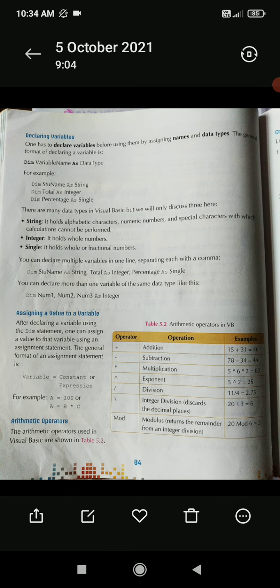After declaring a variable using the Dim statement, one can assign a value to that variable using an assignment statement. By using the Dim statement, one can declare your variable. And what is an assignment statement?